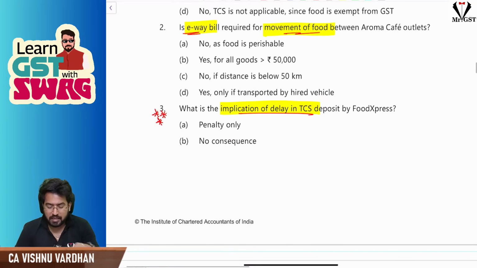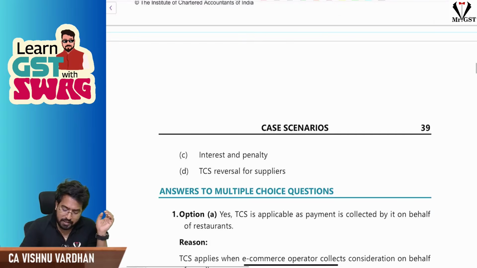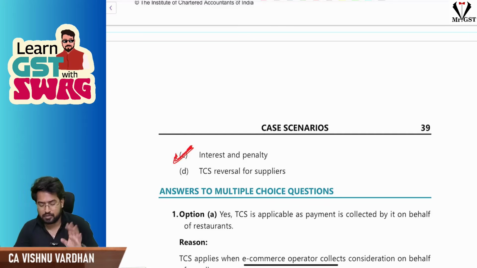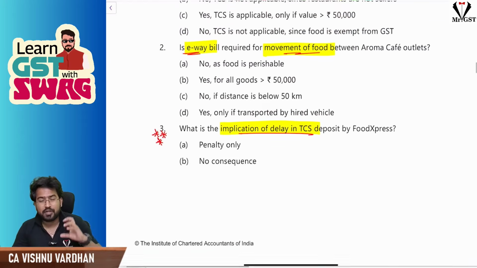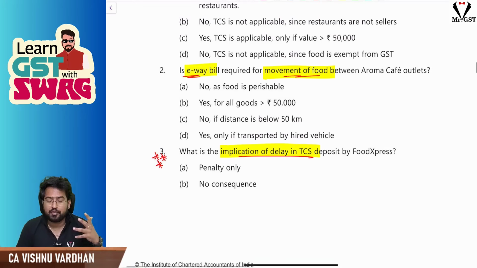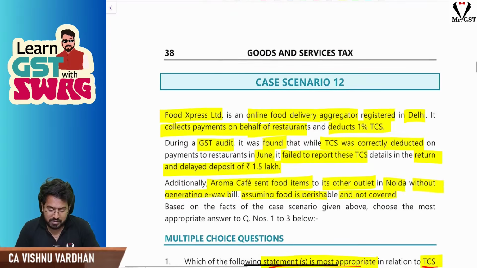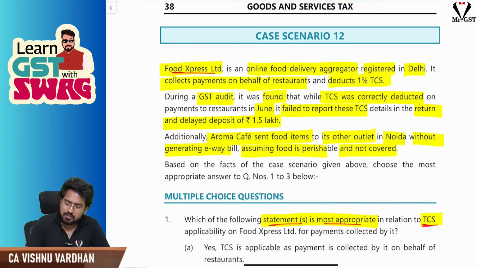If there is delay in TCS, obviously there will be both interest and penalty. So remember this. It is not that great an important area, something like an out of the box question. Okay, so remember this. Next, in this story, Food Express Limited, which is an online food delivery aggregator registered in Delhi,